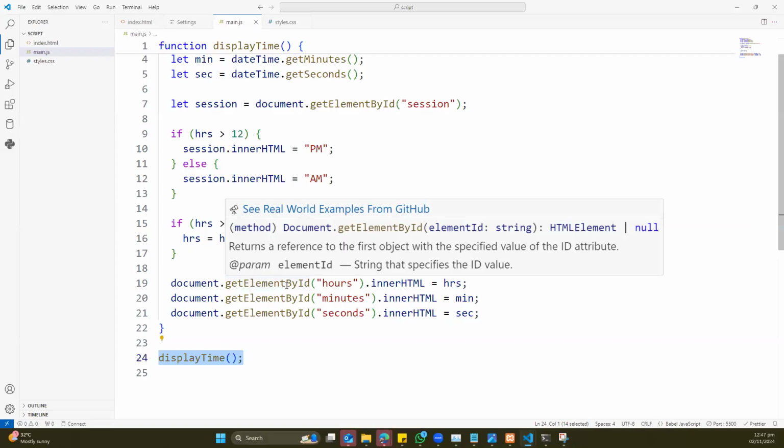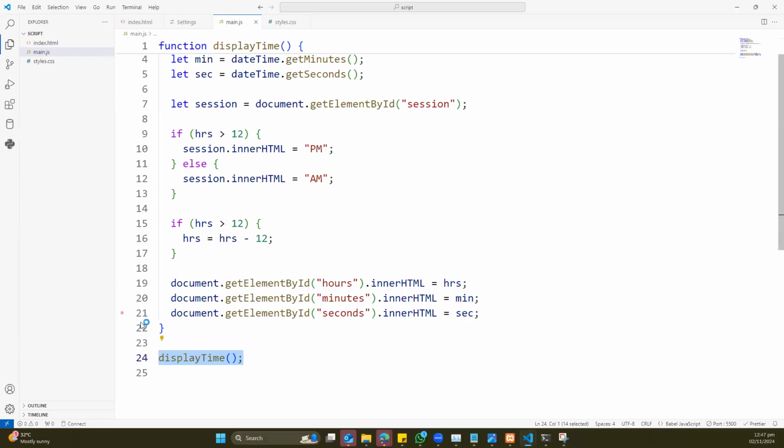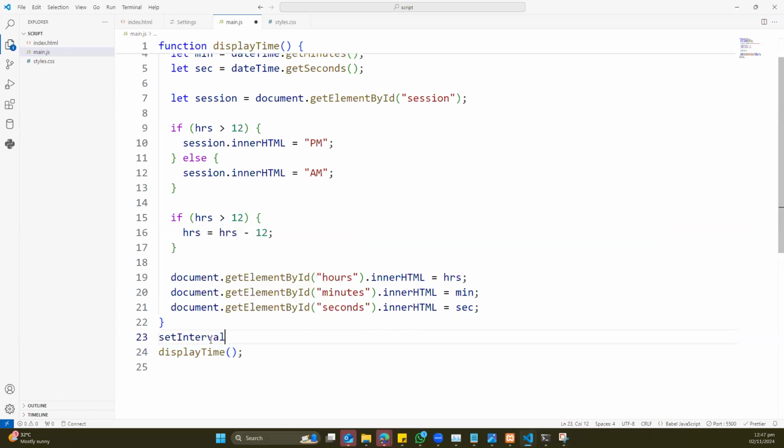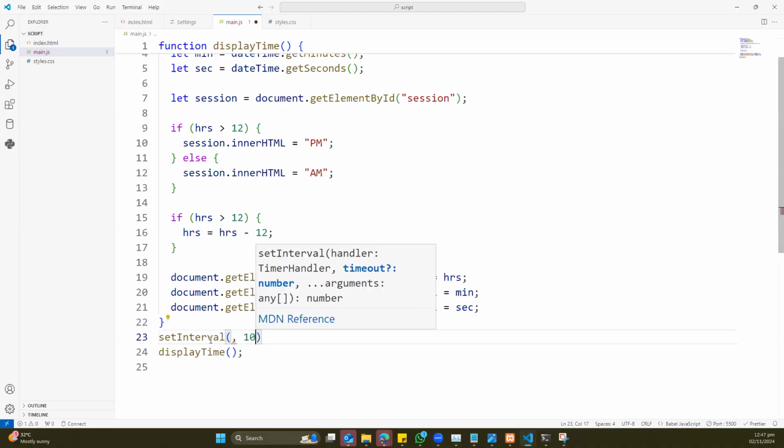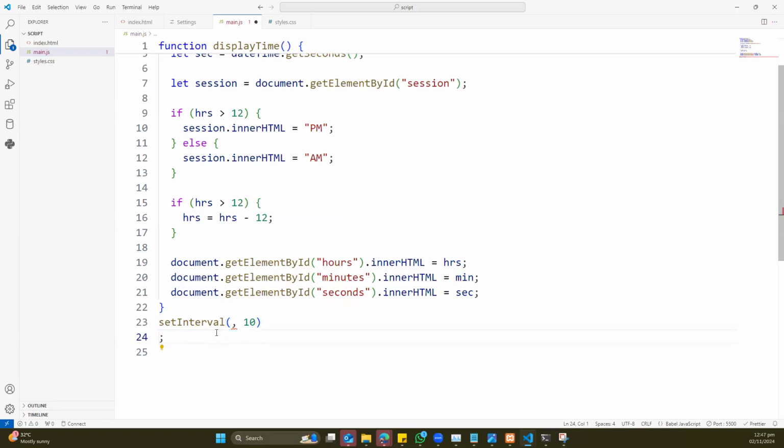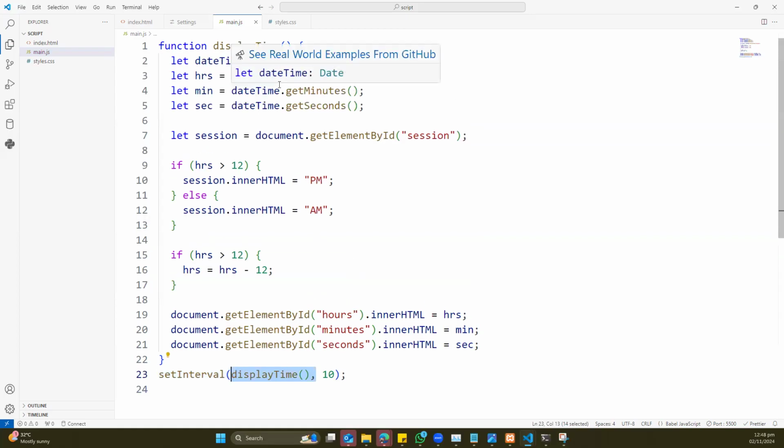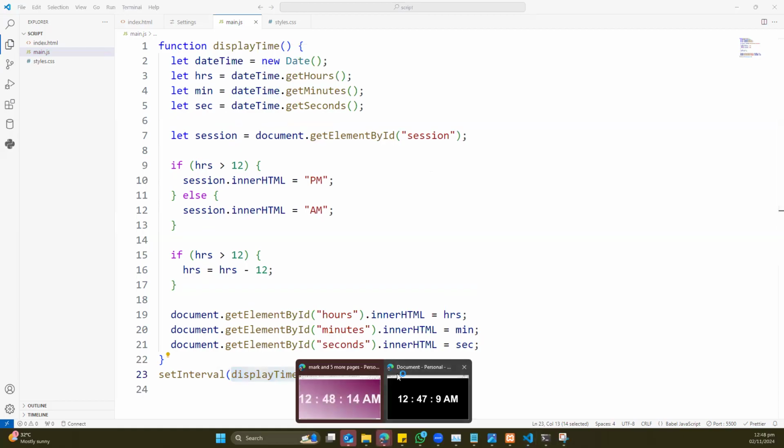How do I get it so that the time will change all the time? And here is where the tricks of programming come into play. I'm going to tell the computer to set an interval. And the interval, I'm setting it for every 10 nanoseconds. So every 10 nanoseconds, I want you to go and run the code I have over here. Remember, the code here will take your current date and time on your computer and display it. So when we come over here, now refresh,